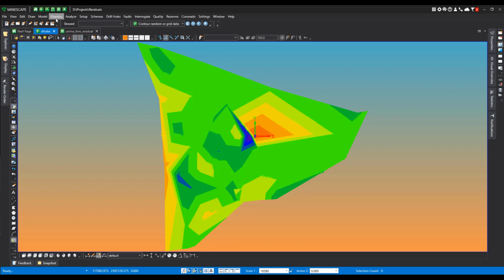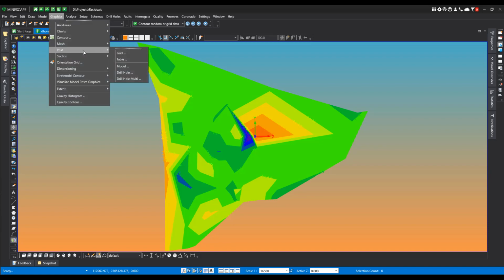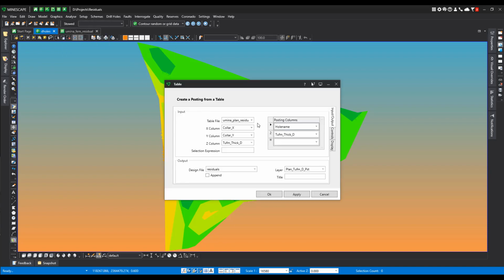postings on there. So maybe we'll go ahead and post out of our residual table. So we'll take, this is the height one. Let's go grab the height residual. In the X column is color X, color Y. The Z column is going to be our tough M thick D. And then we're going to post whole name and tough M thick D. We're going to send that to our residuals file. We're going to mark this up as height